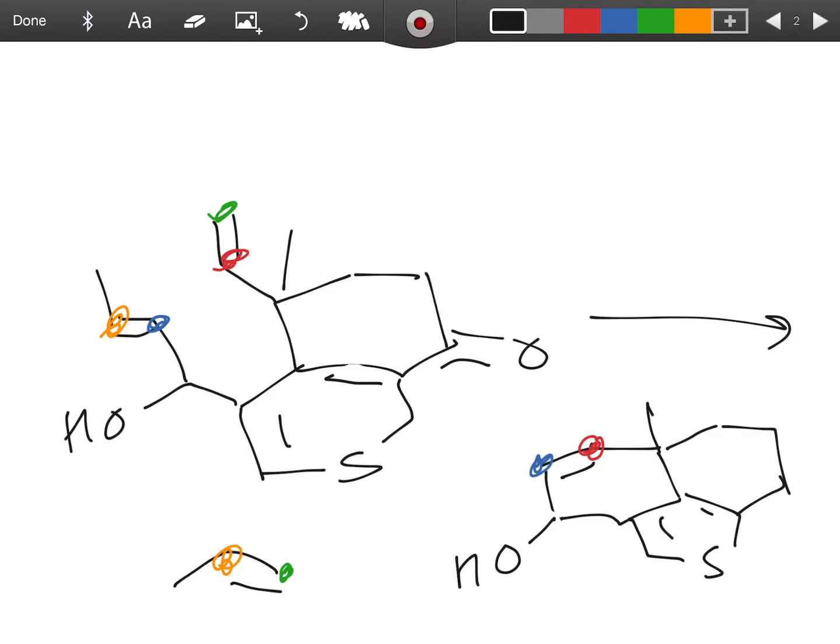A lot of the stuff we just talked about involves double bonds, right? And I wanted to go over how you can make double bonds in kind of different ways than